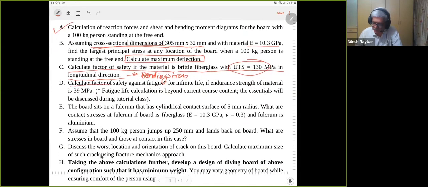Part D is about the fatigue design, which we did not talk about. Just like materials have properties like ultimate strength and yield strength, there is another property known as endurance strength. Endurance strength is that stress level where even if you apply that stress an infinite number of times, the body survives. Here we are considering cyclic load, so stress is varying from sigma max to sigma min. If the range of this stress remains within the endurance limit, then the body will have infinite life.